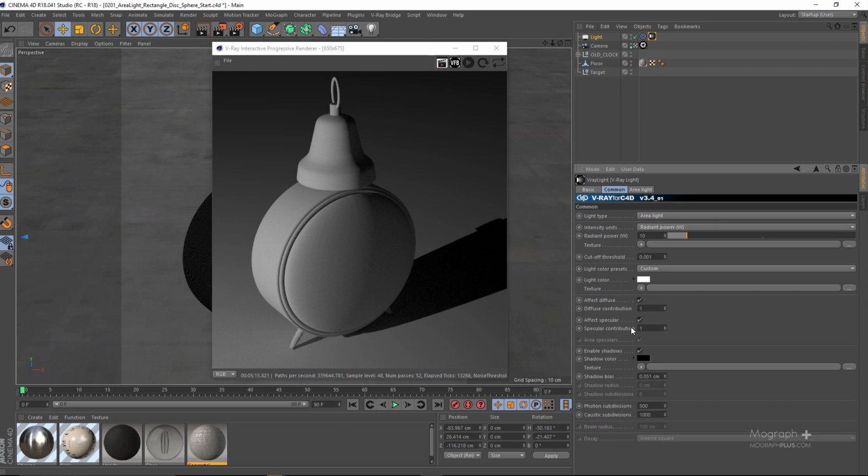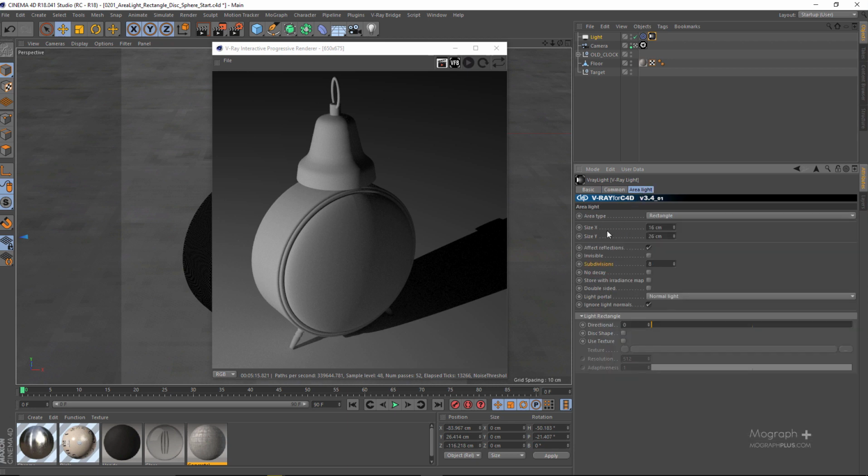caustics effect. And we have this beam radius and decay options that are again related to non-area lights, basically, and we are going to be talking about these options when we discuss some other light types. Now, in the area light section, obviously the first thing you have is area type. You can choose a rectangle, a sphere, a dome, or a mesh, and down here you also have this disc shape option. So if you want to have a